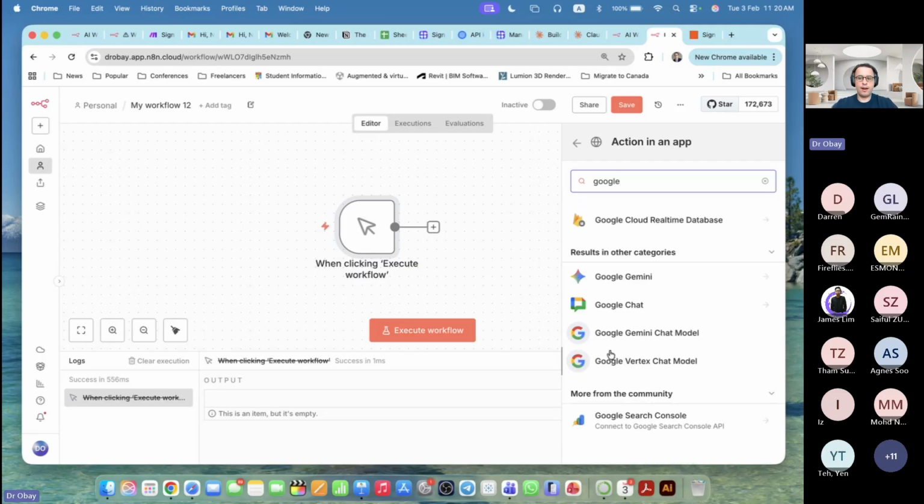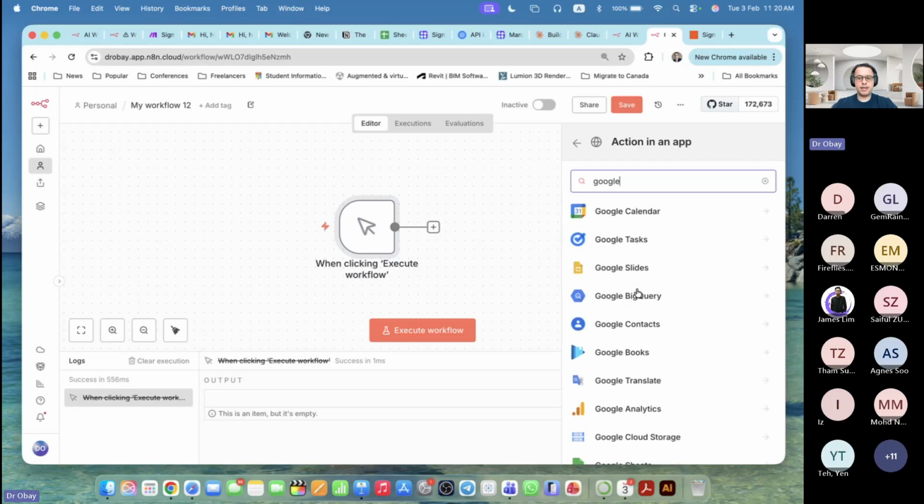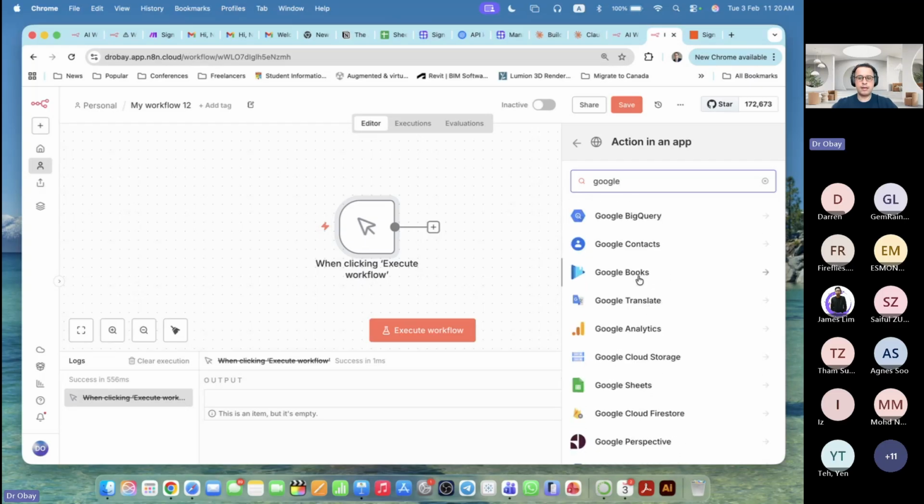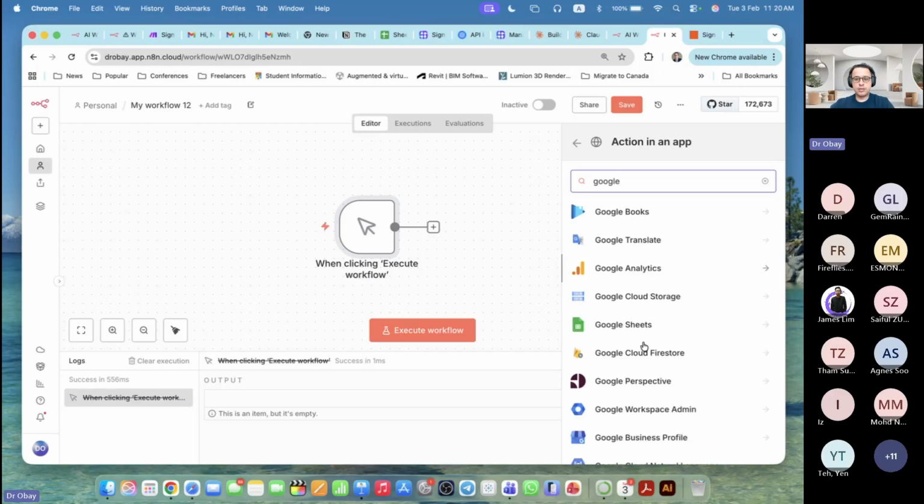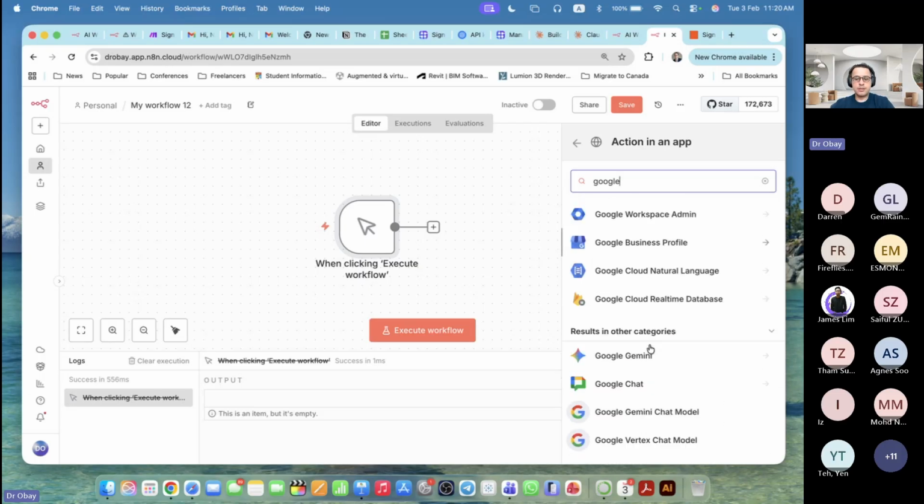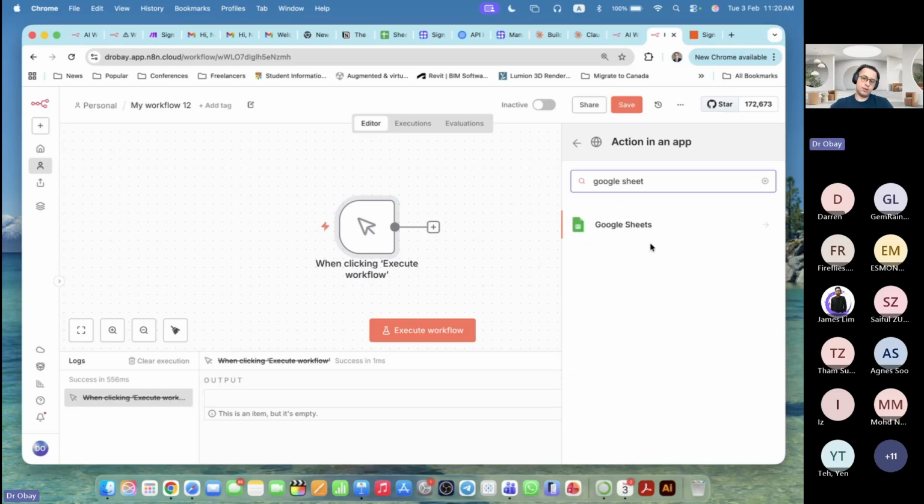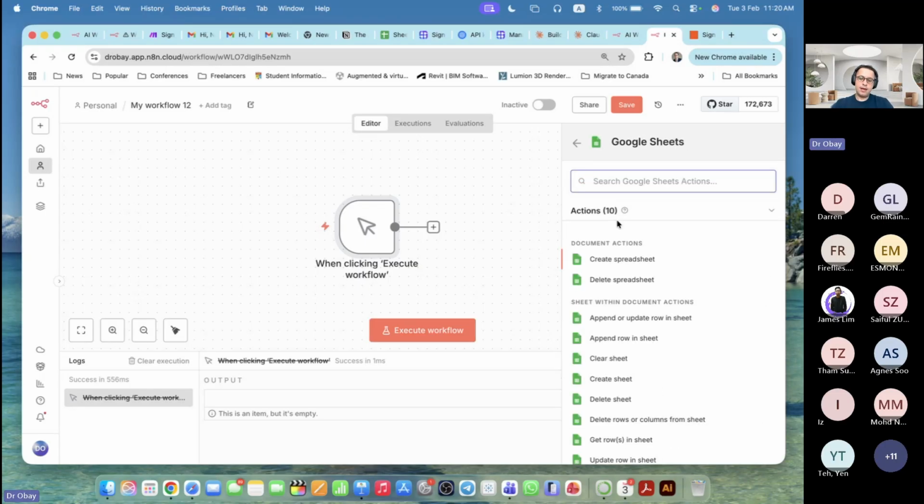It's not only one: Google Drive, Google Document, Google Ads, Calendar, Tasks, Slides, BigQuery, Contacts, Books, Translate, Analytics, Cloud Storage, Sheets, the one that I'm going to use, Google Cloud, Firestore, and many others. Anyway, I'm going to use Google Sheet. This is a Google Sheet. Click on it. And then what I want to do, I want to add,